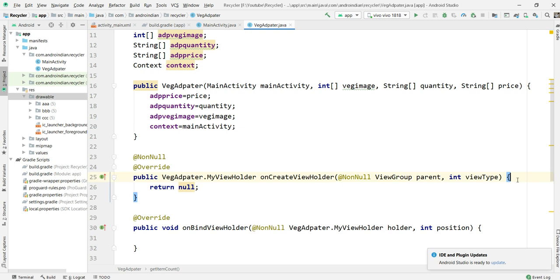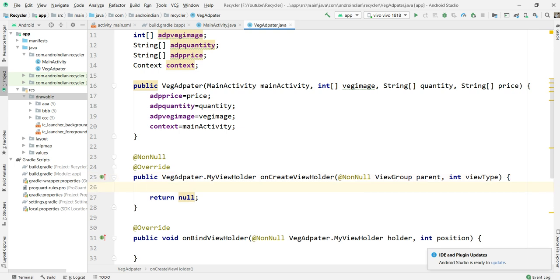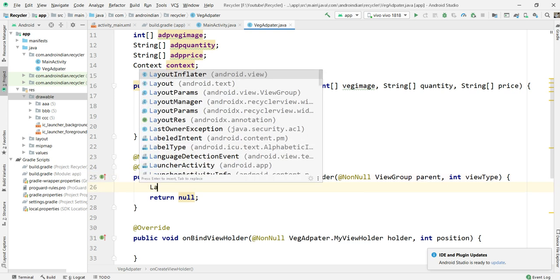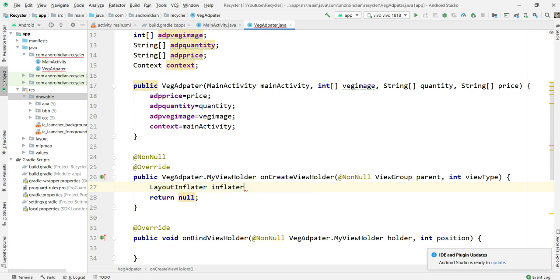Then after this, I want to show this, so I need a layout inflater here. So declare the layout inflater equal to something. This layout inflater is system defined, so directly I can get it based on the service. This is along with the context.